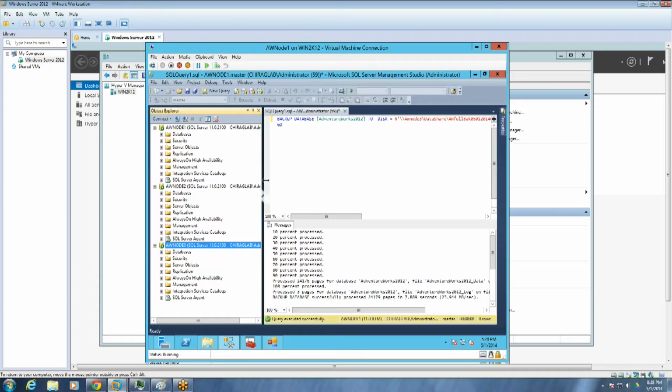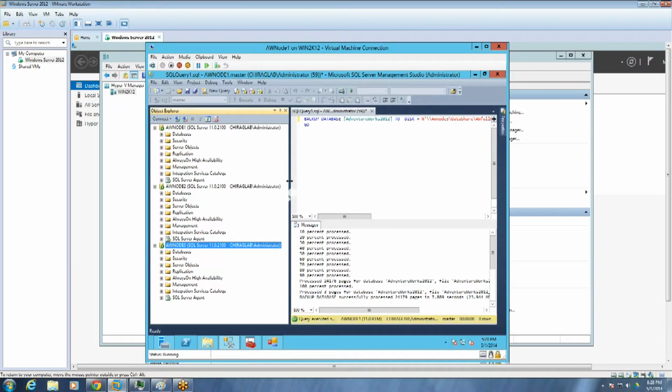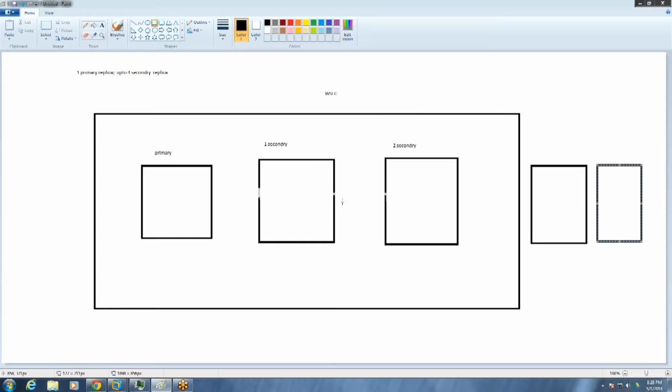So now let's come to the Always On setup. How can we set up Always On? The very first task in setting up Always On is to install the failover cluster. So the very first step is Windows Server failover clustering. Then we set up the 3 nodes.